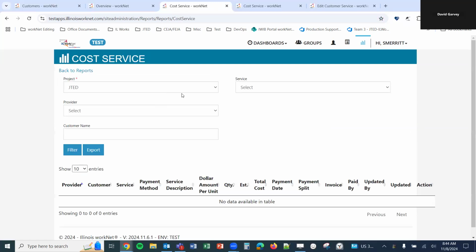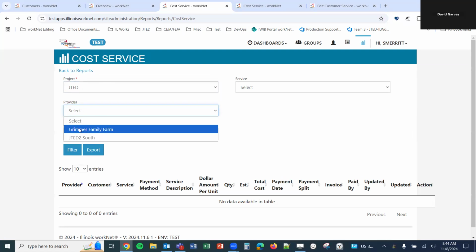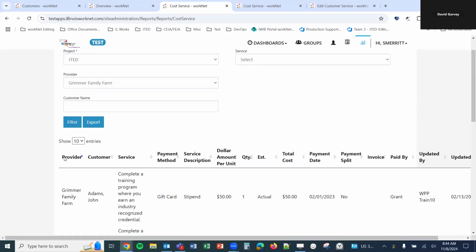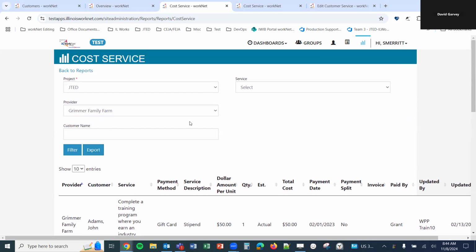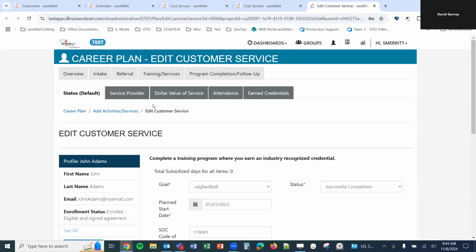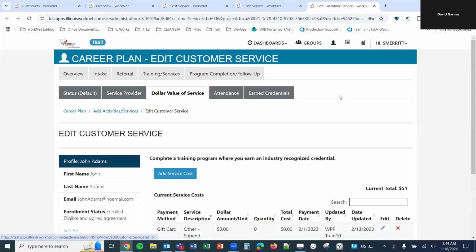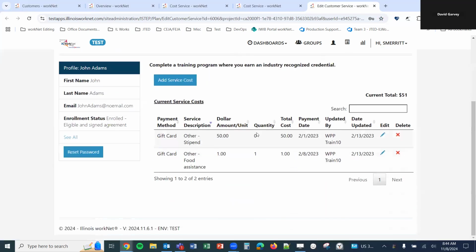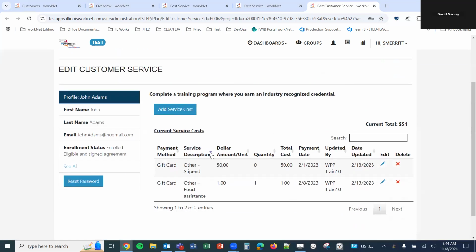When we do that, we'll select JTED for our project. If we have access to multiple projects and providers, we'll select the organization we're going to have for round two. You can search by, and let's just filter this to pull back everyone. This pulls back all the costs that have been added to customers in their career plan. What I mean is, in the service, we have that tab for dollar value of service where we can enter costs